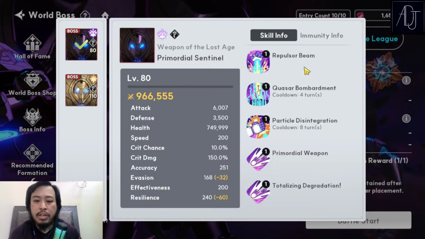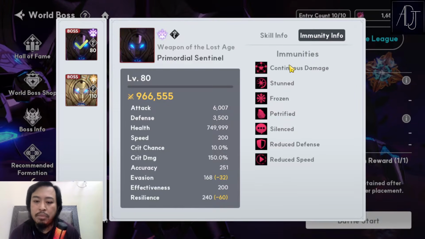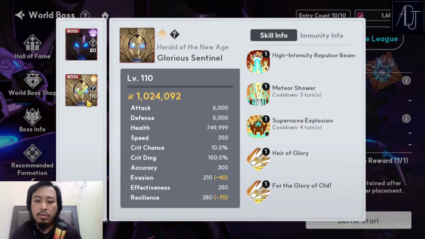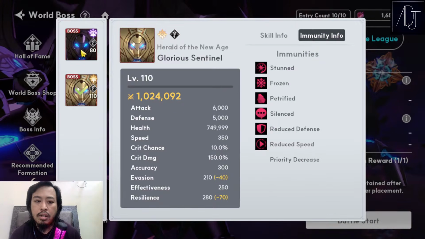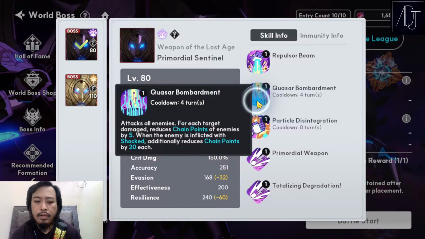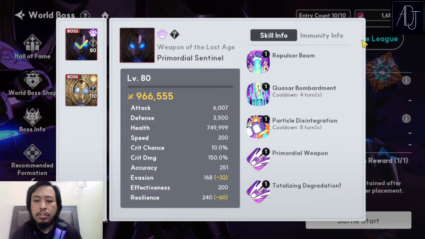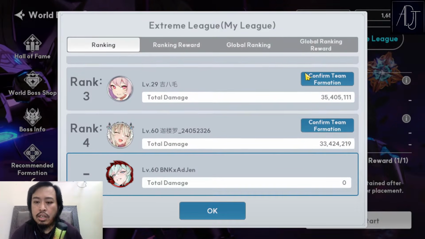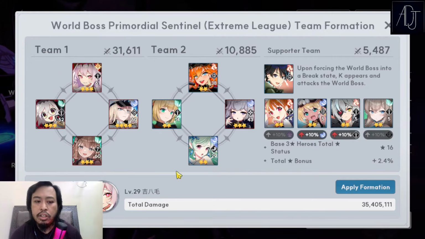So the boss information here, the immunity. There's a lot of immunity here. Continuous damage also. What is this? This one is probably the DOT debuff. And you might want to time this one. So reducing chain points. Recommended formation: try to take a look at the teams used here by the other